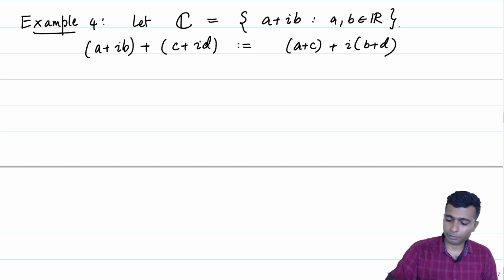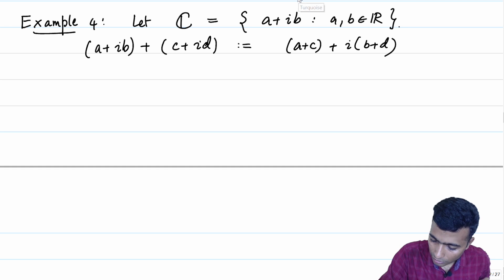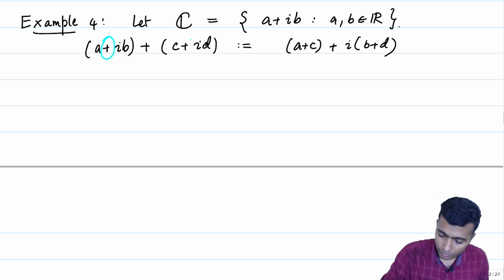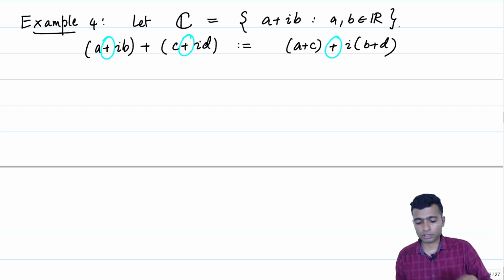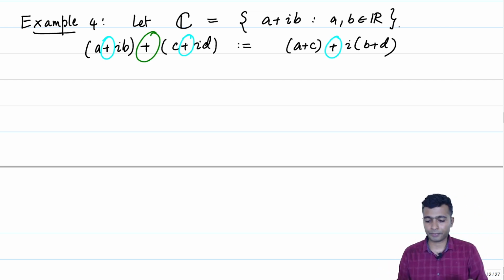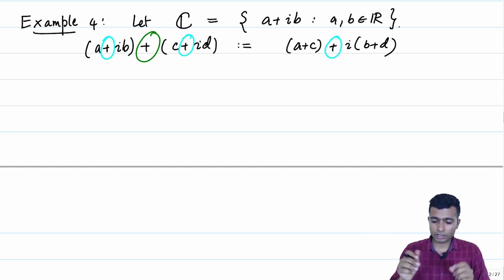Again, this might look like a bit of manipulation of symbols, but it is not exactly that. Let me show you what is happening here. The ones which I am circling in blue are just notations, right? The set of all a plus ib, we could have as well written it as a comma b. This is just a notation. The one I am circling in green is what is being defined. That is the addition that is being defined right now. a plus ib, which is a notation, and c plus id, which is a notation for complex numbers, are being added by what is described on the right.